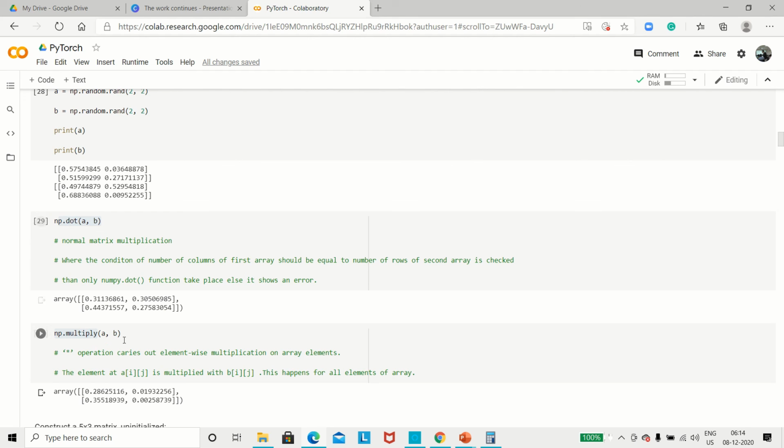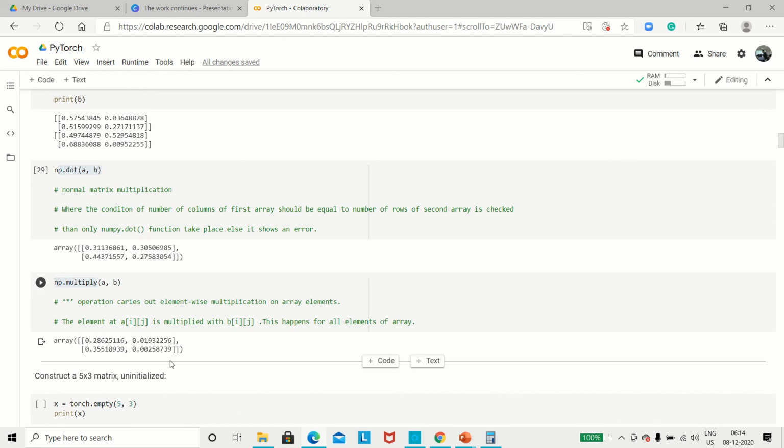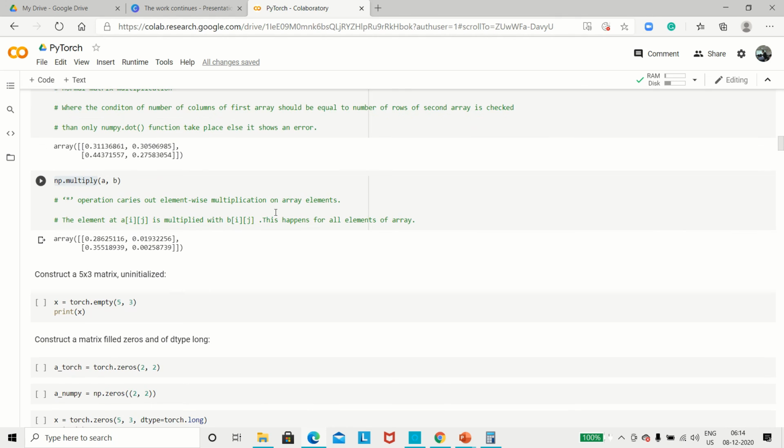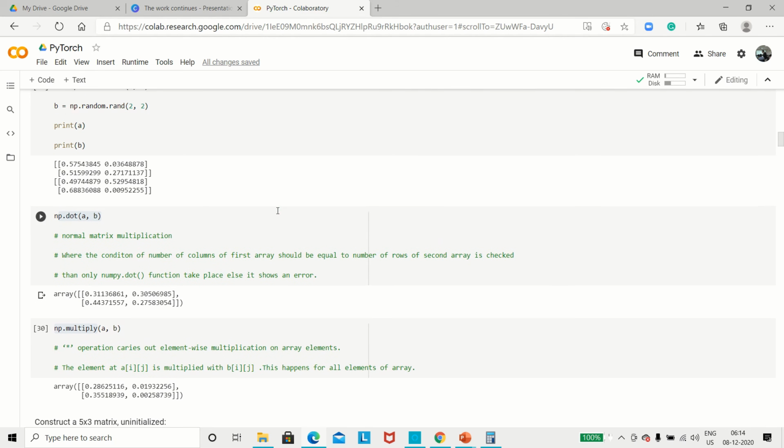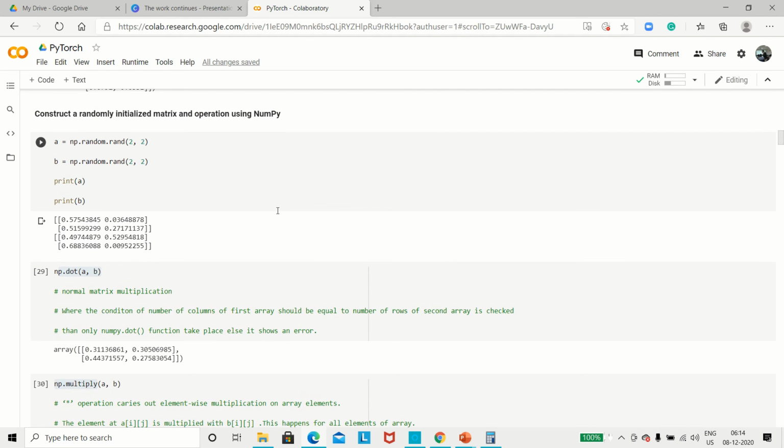These are the two things that can be done for normal matrix multiplication or element wise multiplication. This is how we can understand the difference between performing the same type of thing using numpy and using pytorch.